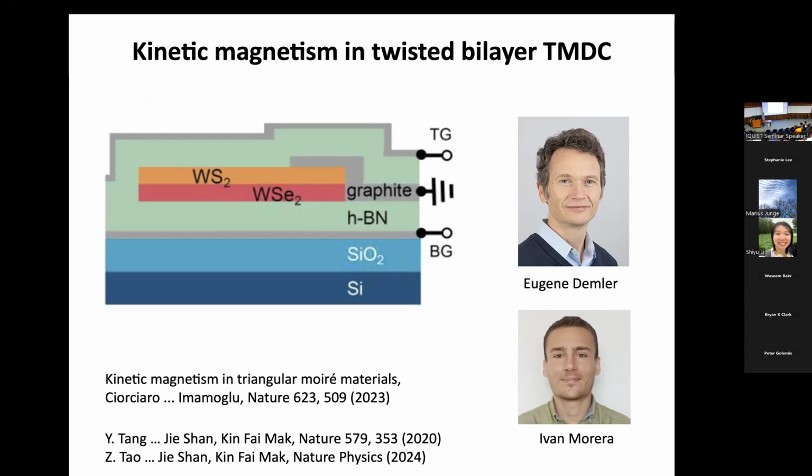where they were studying these bilayer systems of transition metal dichalcogenides that they twist relative to each other. And when you twist these layers relative to each other, you get this Moiré lattice, which is triangular, and it's reasonably well described by a triangular Hubbard model. So the effective description is what we're studying in our quantum simulator. And what they're able to do in these experiments is control the doping with a gate. They can electron dope, they can hole dope.